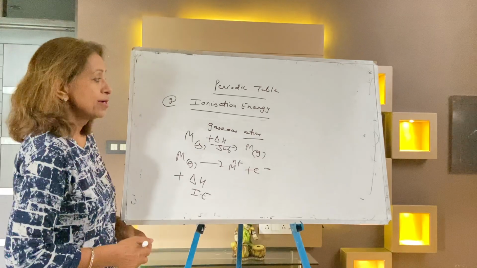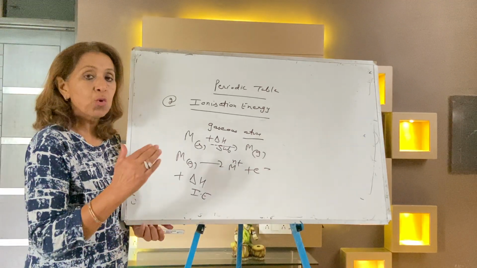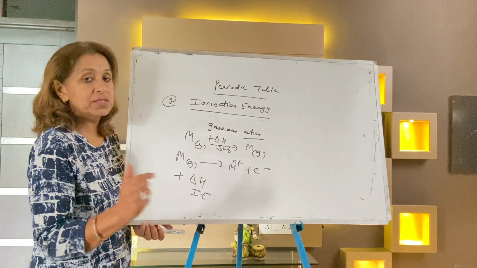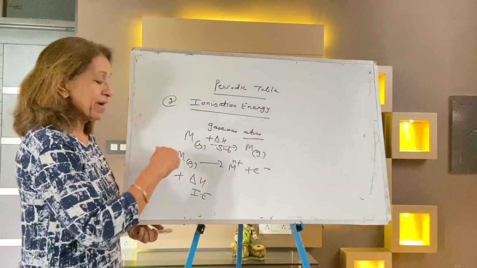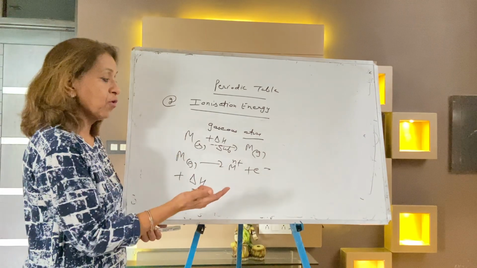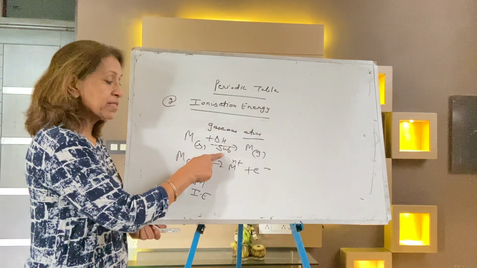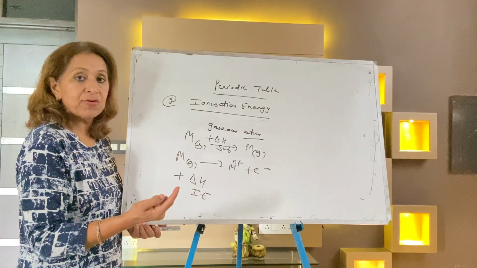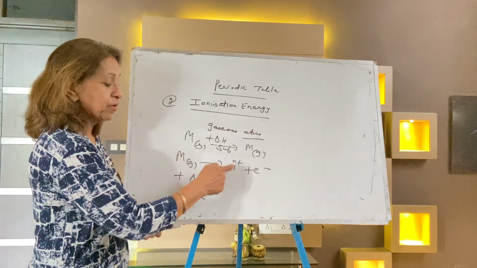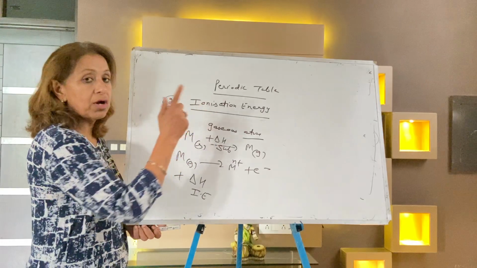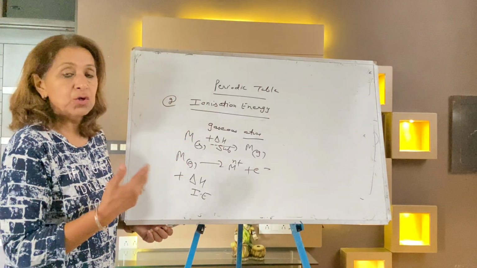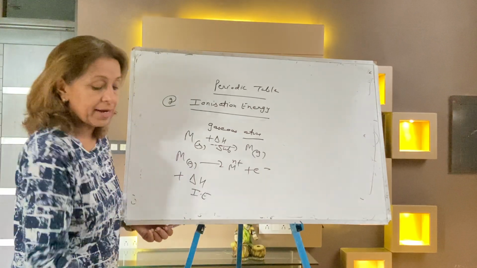You know all this. So what is ionization energy? It is the energy required to remove the electron from the valence shell of the gaseous atom. Your metals are solids, so first of all we supply sublimation energy to convert the metal into gas, and after that we take out the electron from the valence shell, and the metal is converted to an ion. The energy required is called ionization energy. Successive ionization energy is the energy required to remove more than one electron.